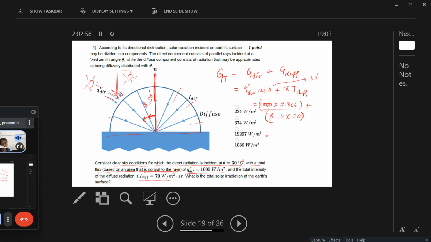So it is 1085.8. So almost equal to 1086 watt per meter square this time. Okay. So next we